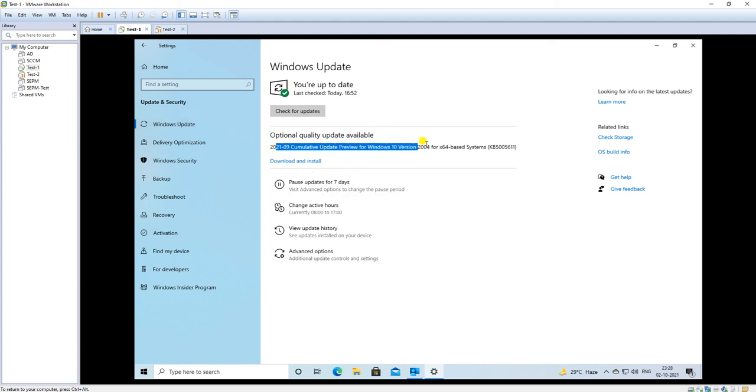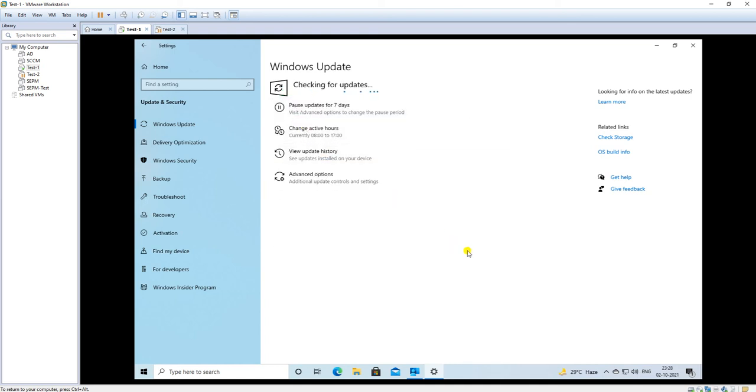Here are the cumulative updates or whatever patches are detected. You can see them here, or you can just click on checking for updates. What this machine will do is connect directly to Intune, and ask for the updates, like what patches need to be deployed on this machine. So let us wait for a couple of minutes.